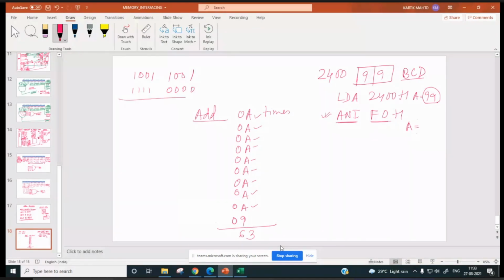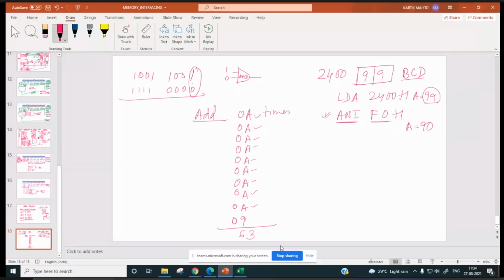If these two are ANDed, what will be the result? One ANDed with 0, what will be the result? This is 1, this is 0. What will be the output? Sir, 9 0. Okay, so A will be now 90.